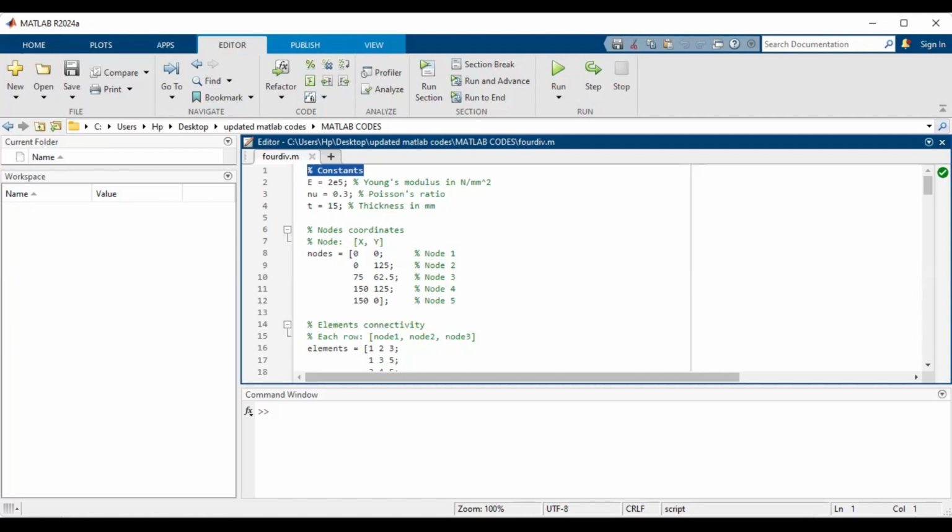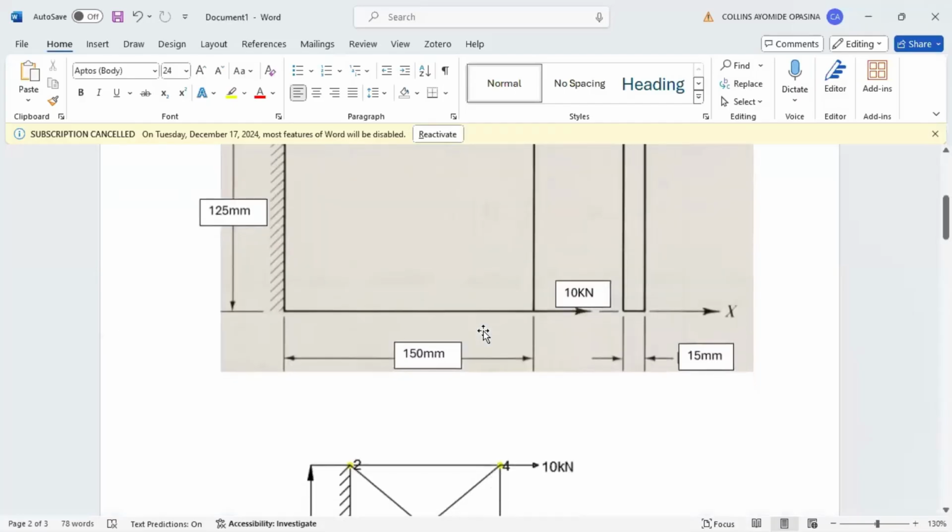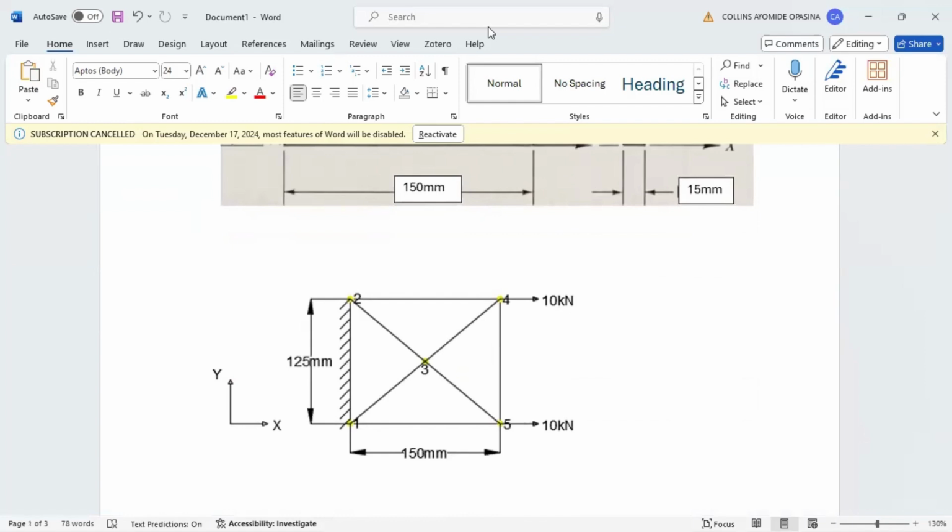I think this is explanatory enough, but let me just share my screen so that you can see. This is what I mean by my 0, 0 for here. And this is going to be 0, 125, isn't it? For your X and Y. Pardon my writing. Yeah, so back to the code. When you define your nodes, what you need to do now is